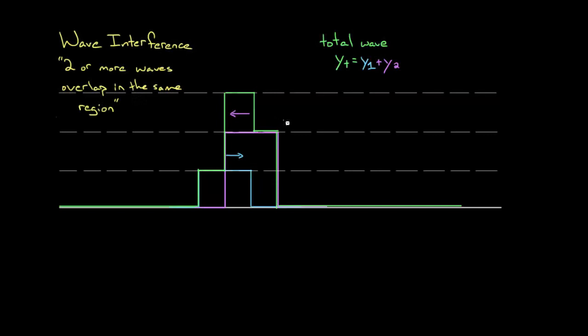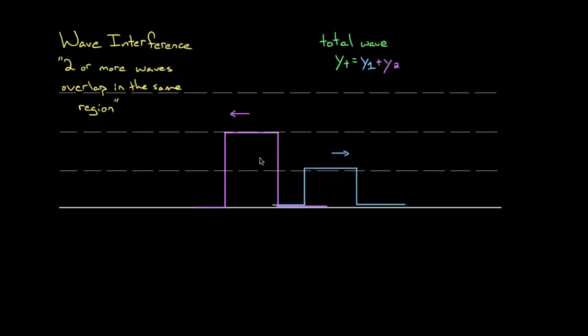Now I want to warn you about one thing. This idea of wave interference is a cool idea, but you've got to be careful. The term interference is a little misleading. Yes, while these waves are overlapping, they create a different wave. They get distorted because the total wave will be the sum of the two waves, but these waves pass right through each other, which is great because when our phones send out a text message or a call to someone else,